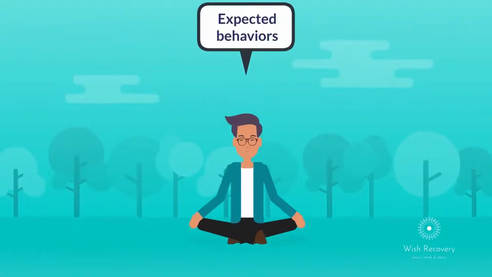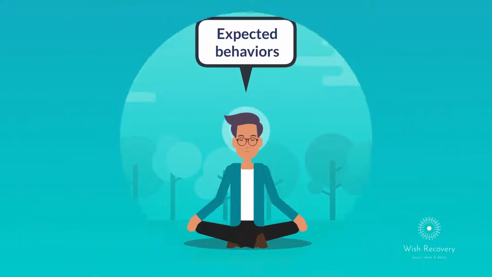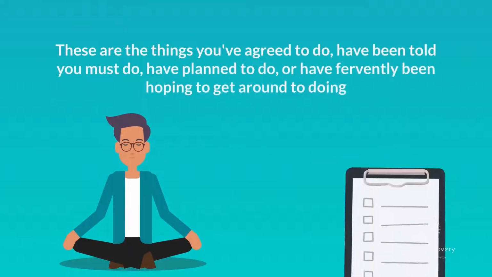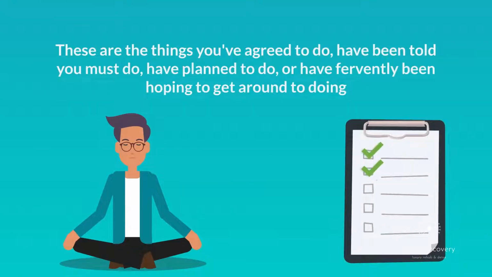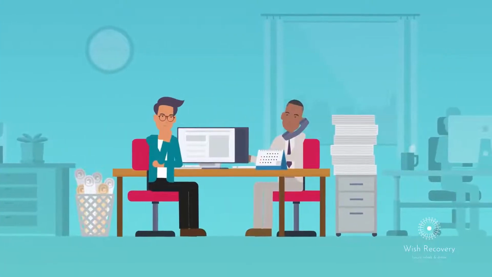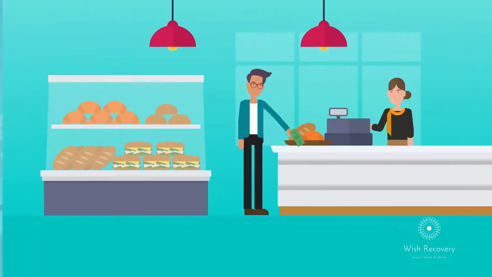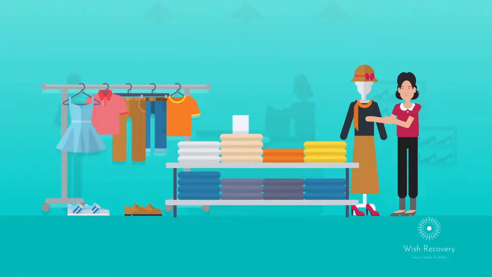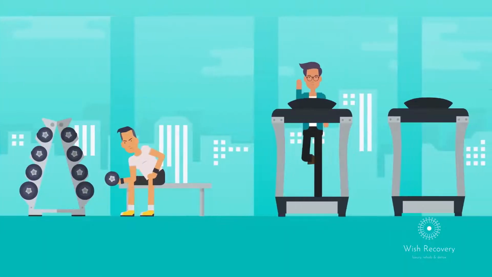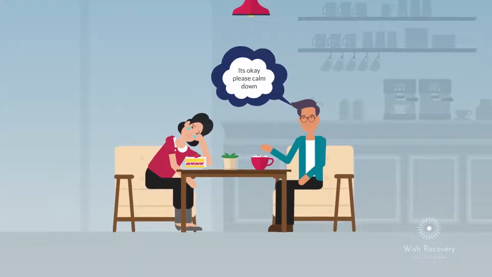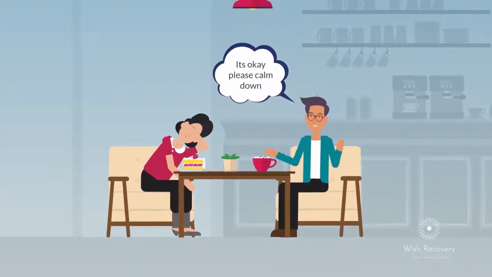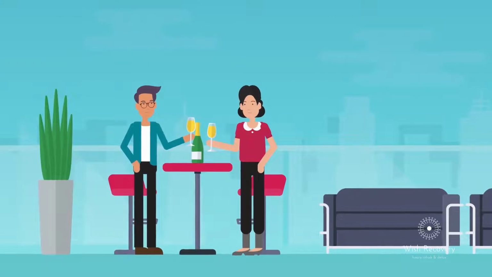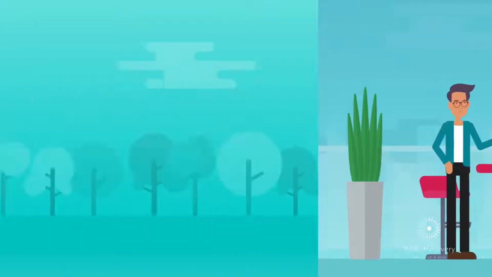On the other hand, when it comes to expected behaviors, these are the things you've agreed to do, have been told you must do, have planned to do, or have fervently been hoping to get around to doing. Examples would be making it to an appointment on time, paying an outstanding bill, organizing the utility closet, or exercising each morning. Analyzing situations where effective actions are lacking can be beneficial when recovering from addictive behaviors or attempting to